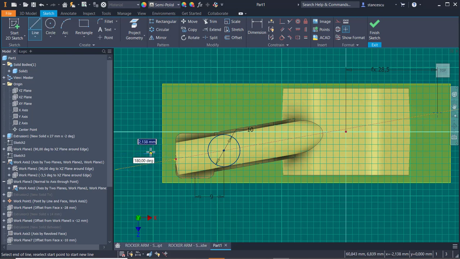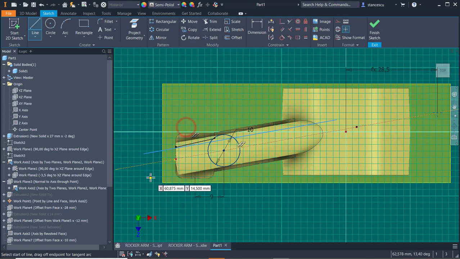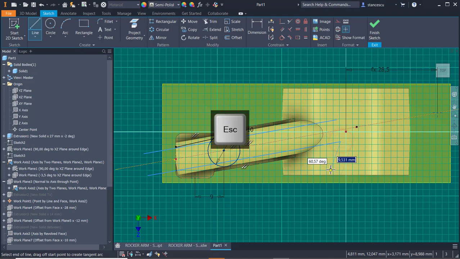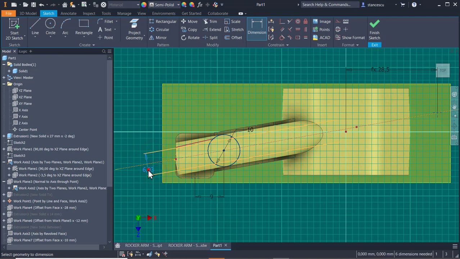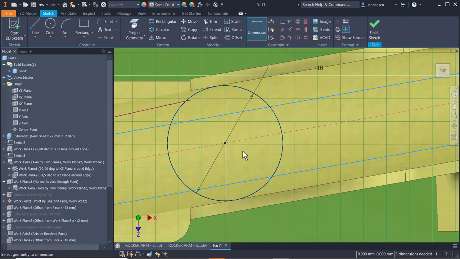Two lines starting from somewhere. Now I restart another line parallel with the other one to here. Good. The distance between these two is 6. To make them symmetrical